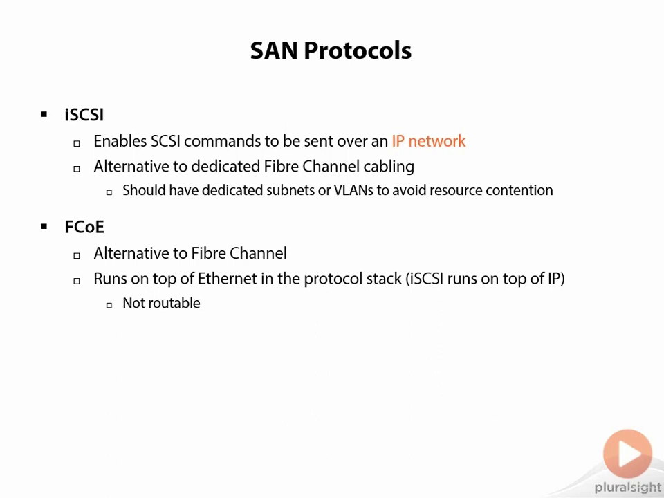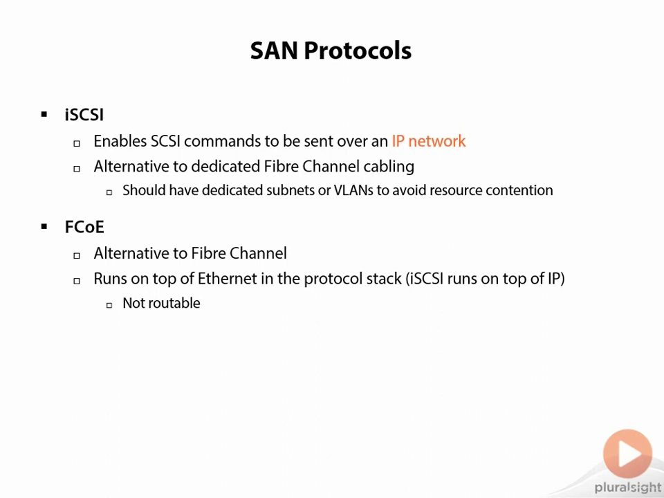So a lot of newer installations and a lot of newer enterprises opt for either iSCSI or FCoE. Between the two, iSCSI is routable, FCoE is not. So if you have a choice between the two, you have to take those things into consideration. But iSCSI really should have dedicated subnets or VLANs to avoid resource contention, because you have your SAN traffic competing with your IP traffic. So if you separate those out either via subnet or by VLAN, then you avoid that